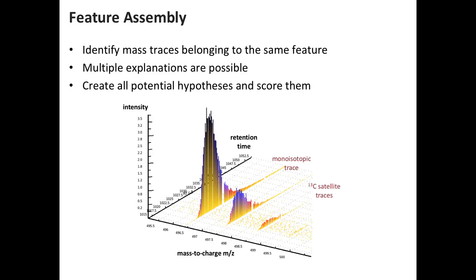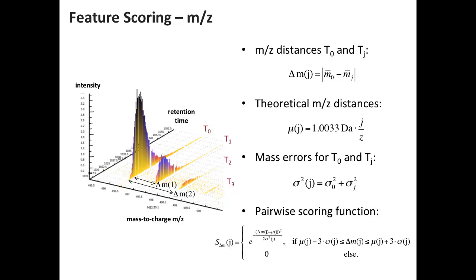Now, as I said, we don't have an averagine hypothesis. So in contrast to what we can do in proteomics, where we test these hypotheses, that trick no longer works for us, because we would discard the majority of these isotope profiles. They will have very different intensities. So what can we do? We can still hypothesize what should go together. We just need a different type of scoring function.